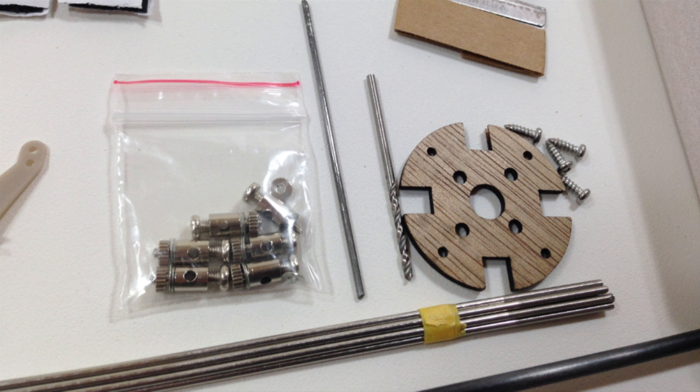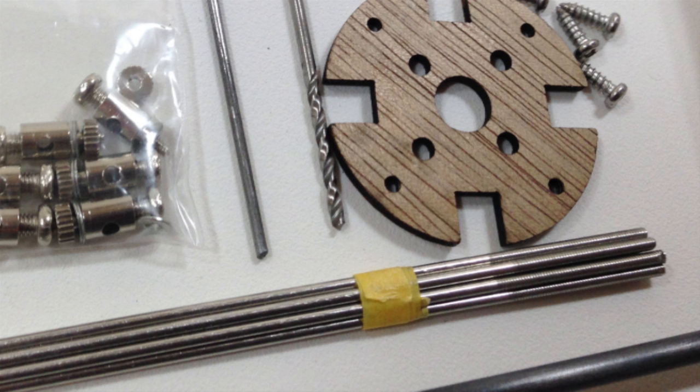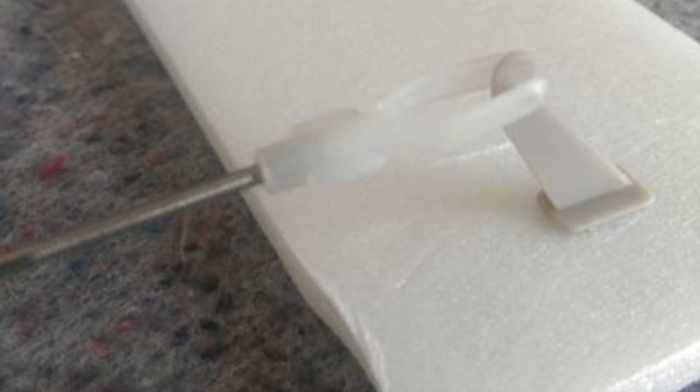Now the push rods, let me start with the good stuff. You got the nice, thick metal rod, Dubro. It's double-sided threaded, which is pretty nice, so you have your choice. You can do your little bendy Z-bend like I do and I recommend, and then put a clevis on one side for the control horn. You can put your little tight loose ones on there. You can put clevises on both sides, however you want to set it up. The point is, we all like to do our push rods a little different. There you go. Now the control horns,